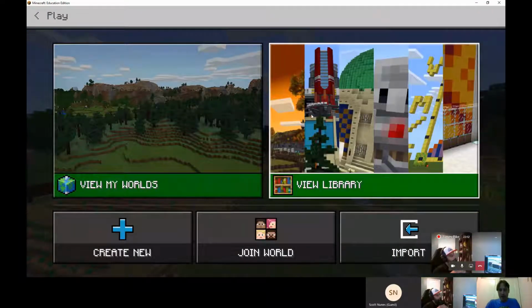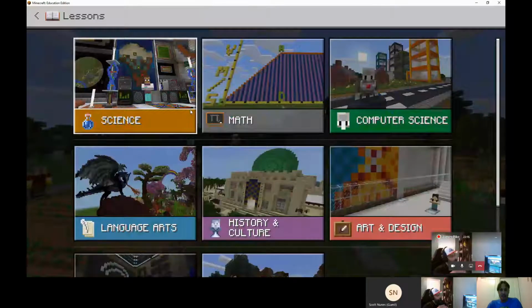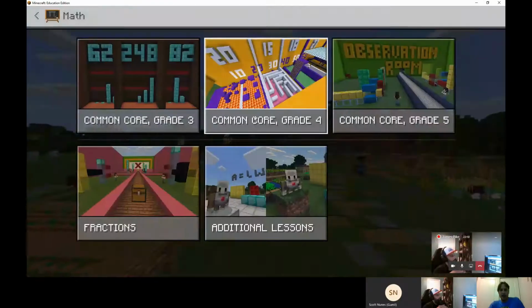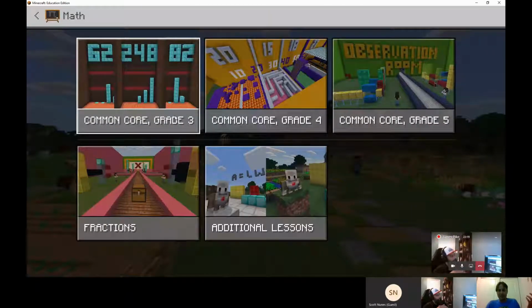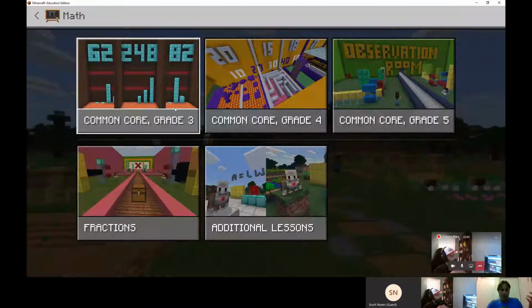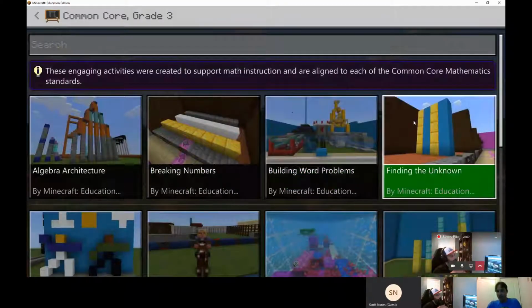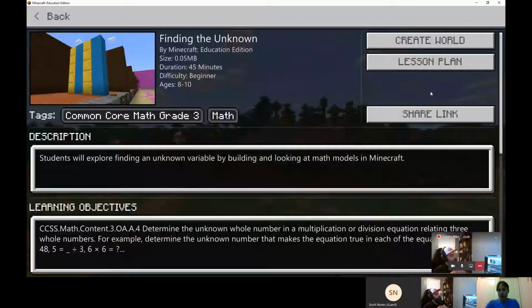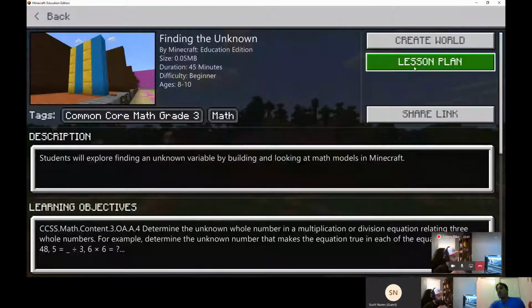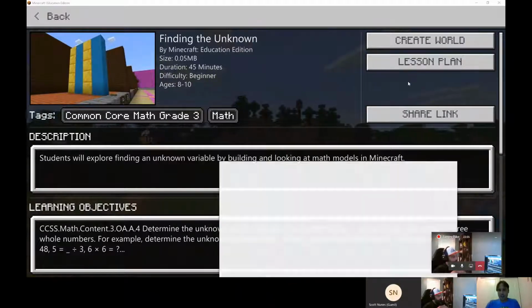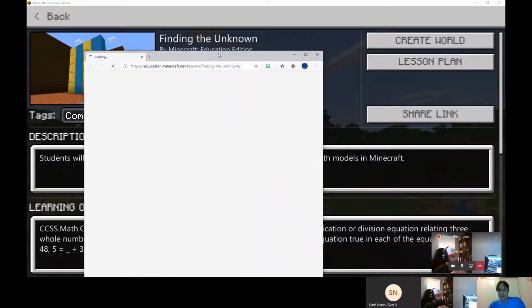So if you go to the View Library, Lessons, and you go to Math, you can get some grade level lessons. I'm going to start off with Common Core for some third grade. So finding the unknown. For this lesson, it's really important that you start with the slideshow. So if I click lesson plan over here,